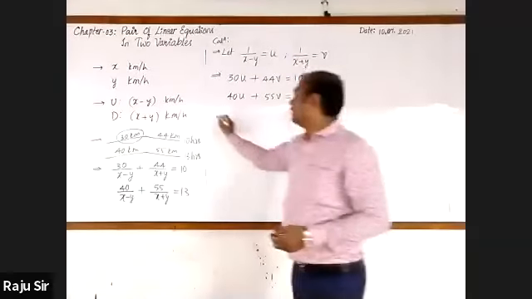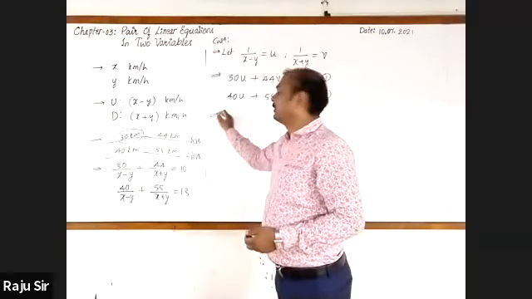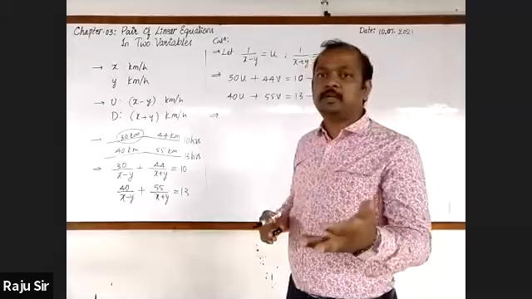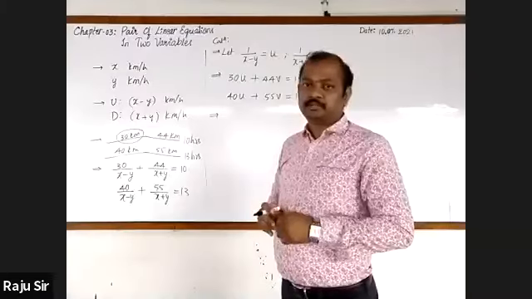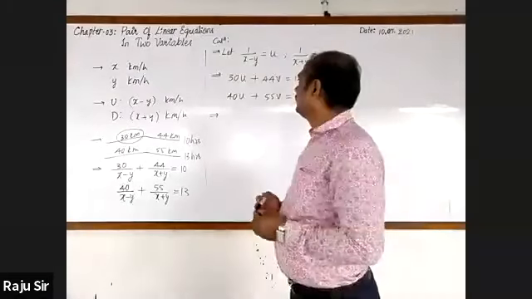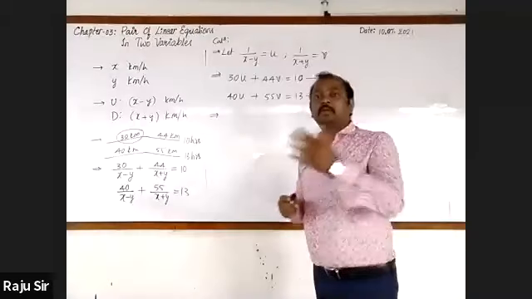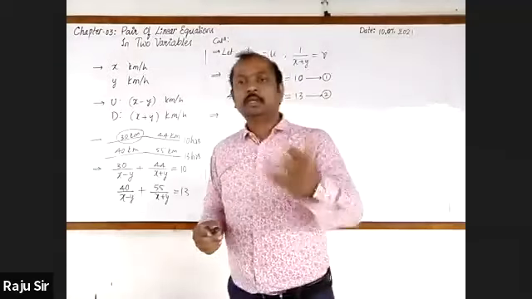How do you go for solving them? Elimination, substitution, cross multiplication, or another method? Won't you find cross multiplication difficult? By any method, one of the methods can be followed. But the easiest one, as we know, is the elimination method. Let's go further.